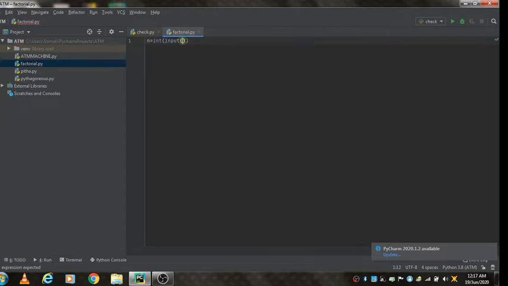Then enter a number to see the factorial of that inputted number.